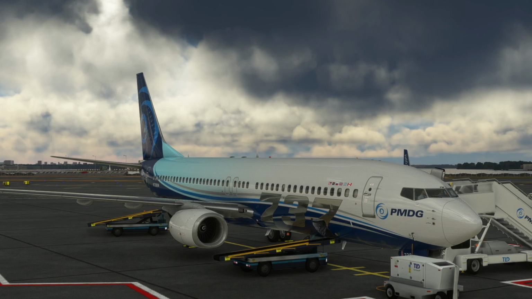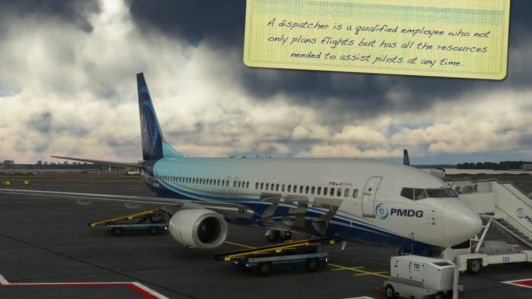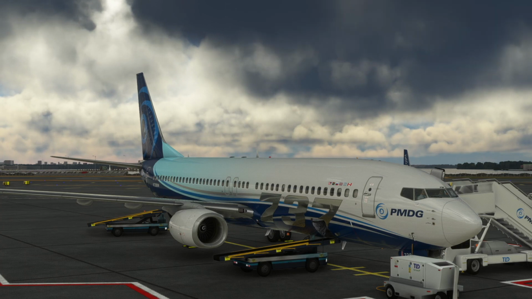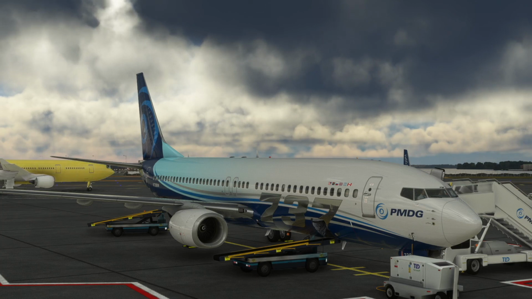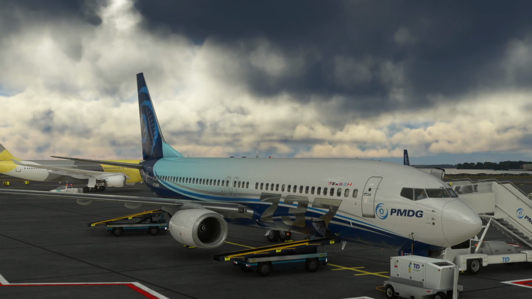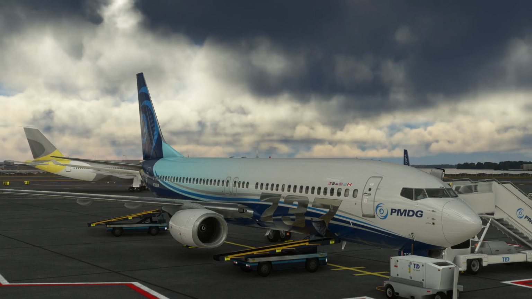In the real world, a dispatcher creates what's called a dispatch release. This contains the flight plan, fuel load, reported and forecast weather, and NOTAMs. The pilots can access it electronically and/or print it. The captain must approve it, and changes can be made if required, such as to the fuel load to account for weather en route, which may result in maneuvering around storms, or a change in altitude affecting fuel burn.